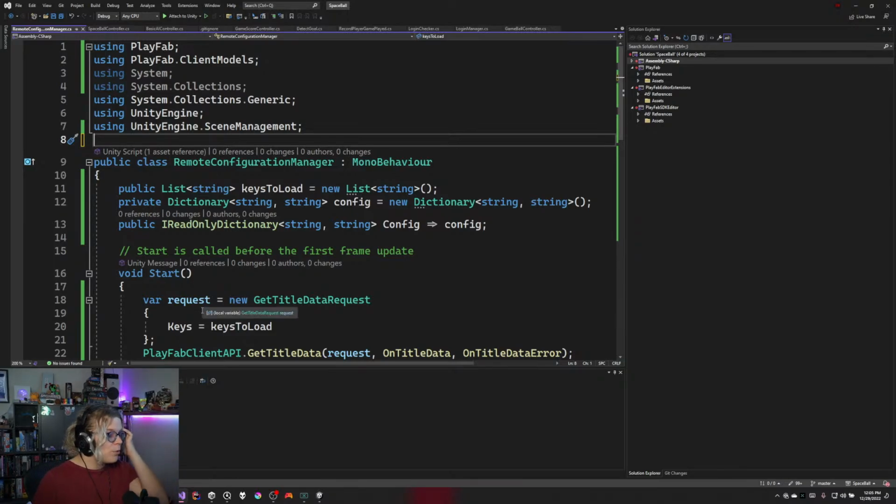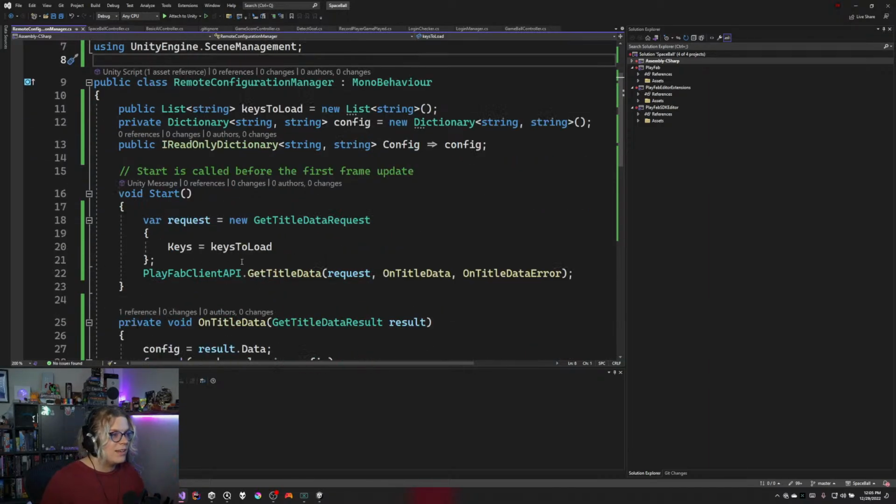This is why we're putting it in its own separate scene and then only loading that scene once. If we load the scene multiple times, we'll actually have multiple of these remote configurations and they'll start duplicating. By going from login to just loading this to our main menu, we prevent that because we can then inside of here turn on